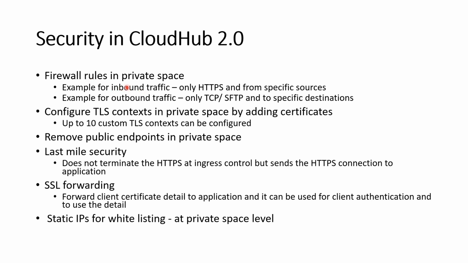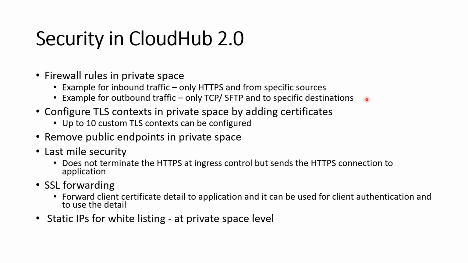In private space, we can configure the inbound firewall rule. For example, we can configure that an API and application will only accept HTTPS traffic from a specific source. In CloudHub 1.0, we cannot configure the outbound firewall rule, but in CloudHub 2.0, we can configure the outbound traffic rule as well. For example, we can configure outbound traffic to be only on TCP or SFTP protocol to a